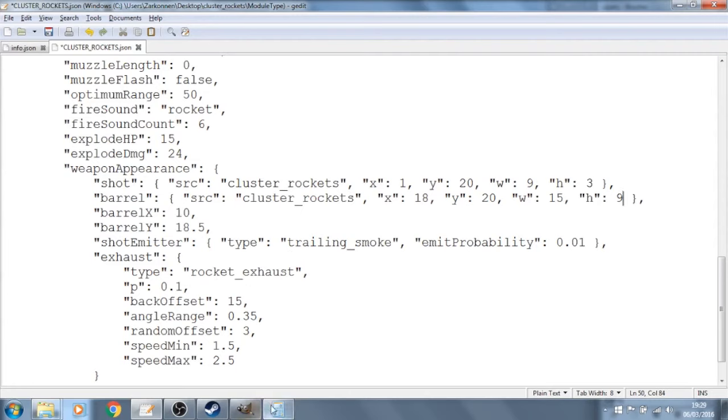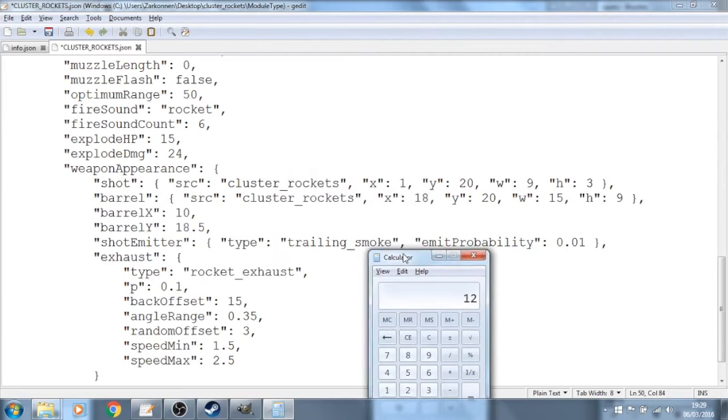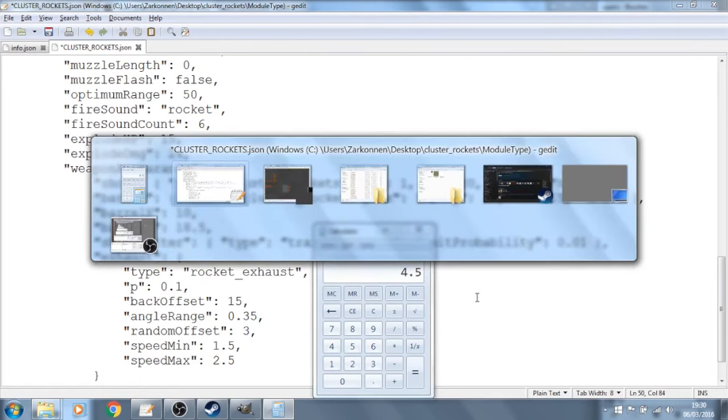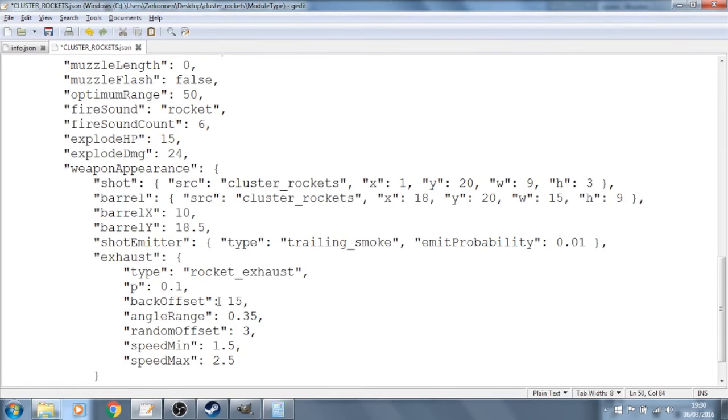And so we have 12, and then we know that the barrel image is 15 pixels wide. So we subtract 15 divided by 2. And that gives us... No, that didn't work. Sorry, this calculator is really bad, apparently. Sorry, okay. We divide 15 by 2, right, and that gives us 7.5. And then we do 12 minus 7.5, and that gives us 4.5. So the barrel X is 4.5,